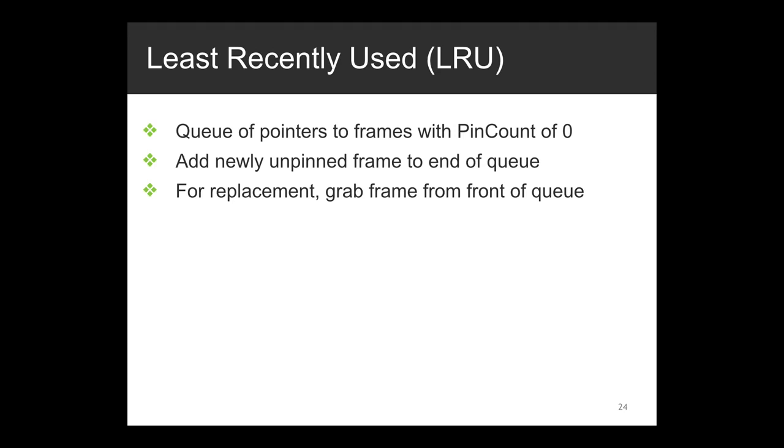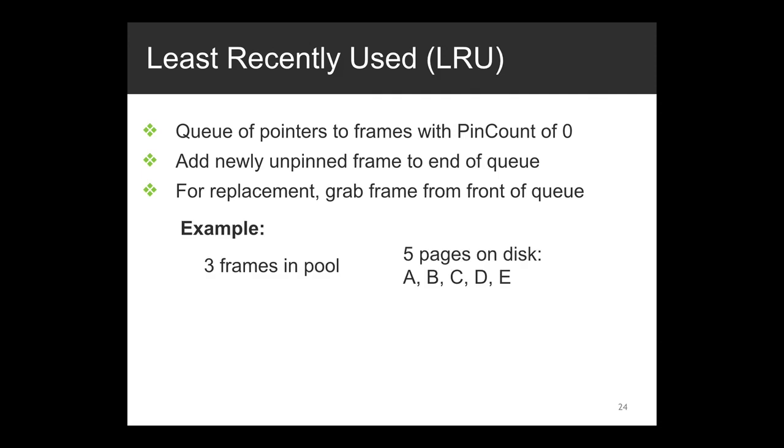It will just grab one from the front of the queue. Okay? So that means it's least recently used. The one that is at the end of the queue was the one that was most recently unpinned. That means it was most recently used, but you don't want to replace that. You want to replace the front of the queue, which was the one that was unpinned the earliest in the past. Okay, so that's why it's a queue data structure, and you basically get this least recently used